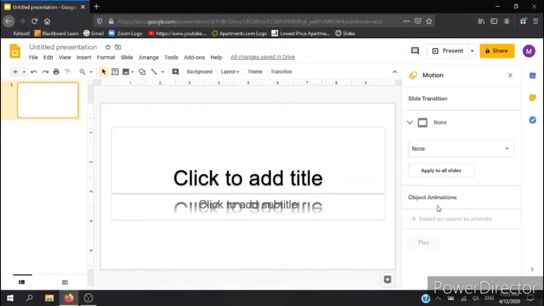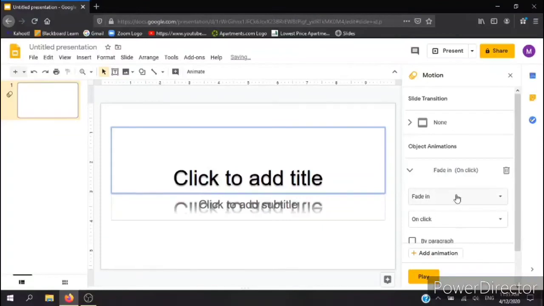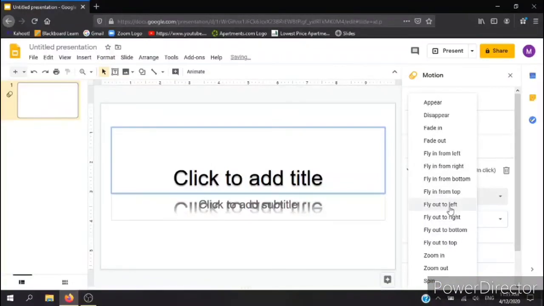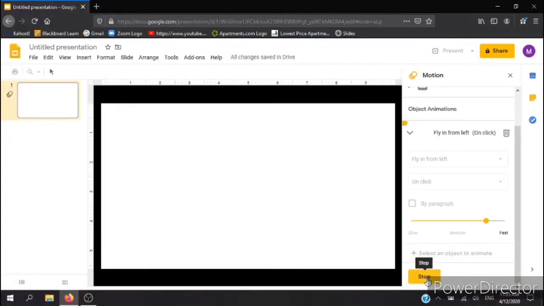And also you have add object animations, which is selecting something like the box and add animation. You could fade in, fade out, also fly out from the left. You got all these. An example, when that appears, you want it